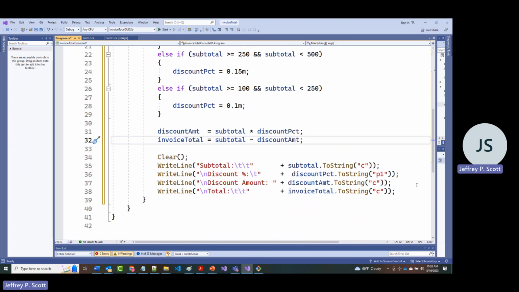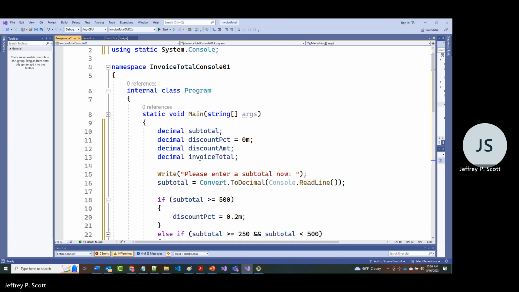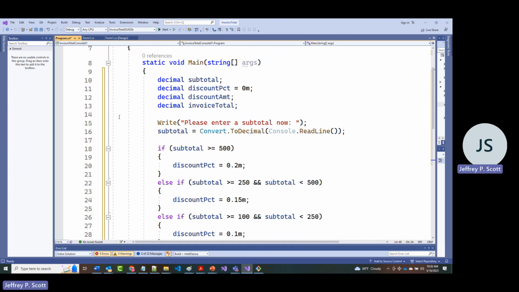All right. The last thing I have to do is my ReadLine to make this thing stop so it doesn't fly off the screen. And yeah, that looks fine. So file, save all,